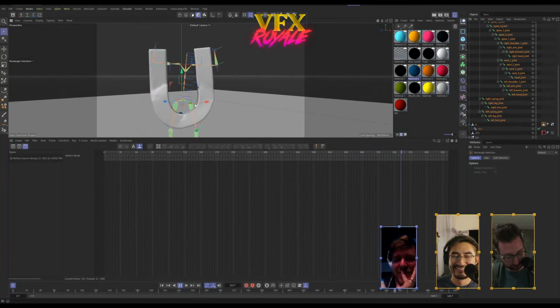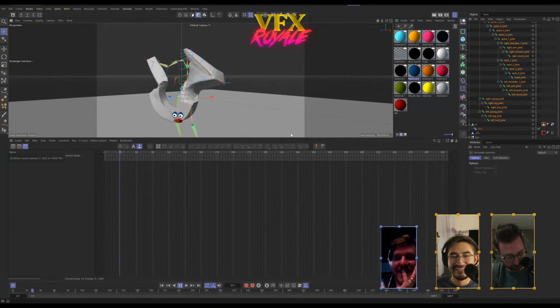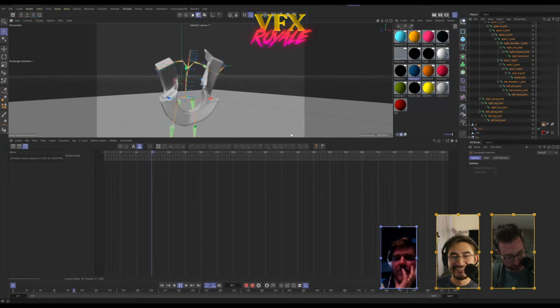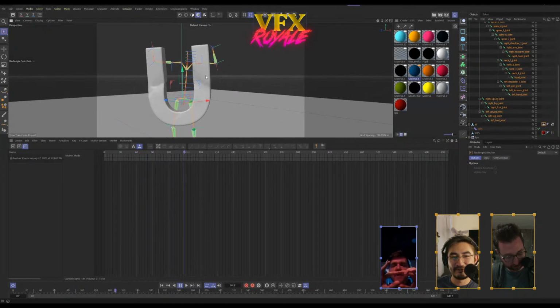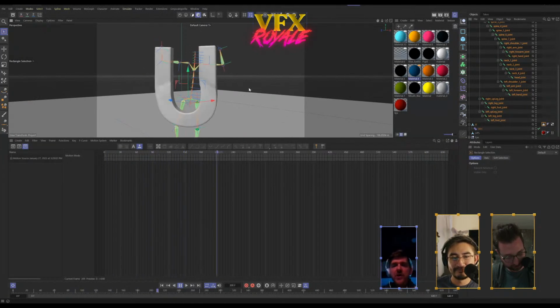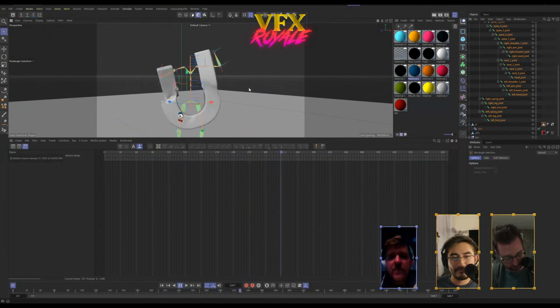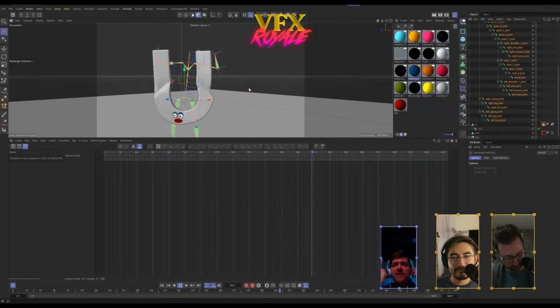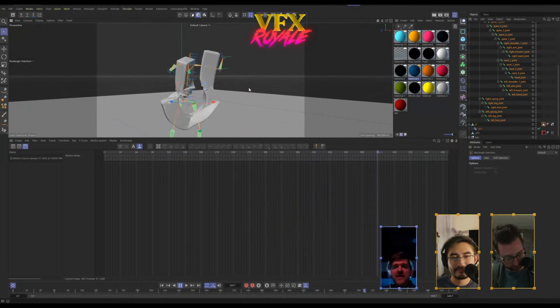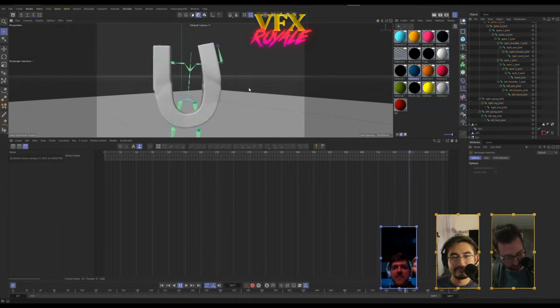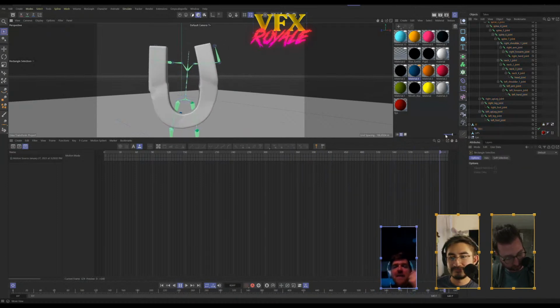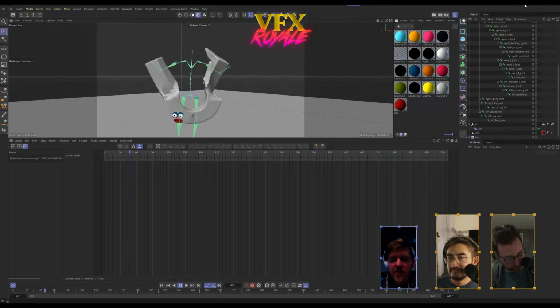Okay, so what you'd want to do is make a separate rig for the U, like its own separate joint system with the root down at the bottom, and then just a few joint chains up the side, and then drive the positions of those up top. If you don't want to do your own motion capture, buy this one, so just constrain the top joints to those joints. Then you'd have the motion, but driven by a properly weighted